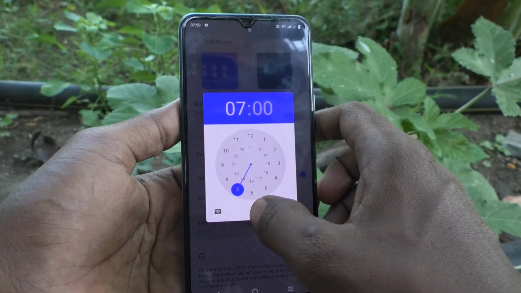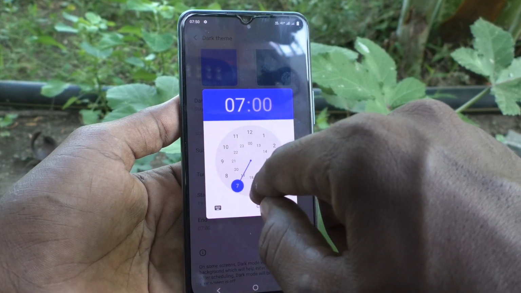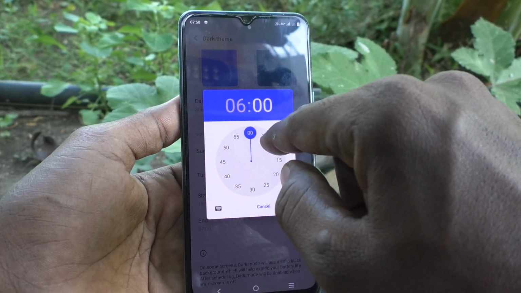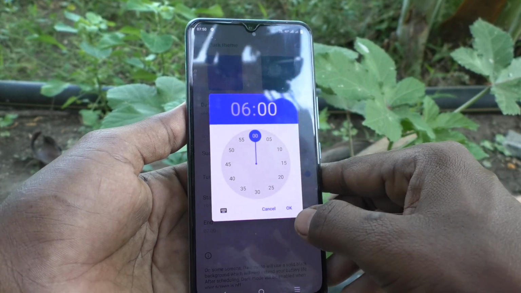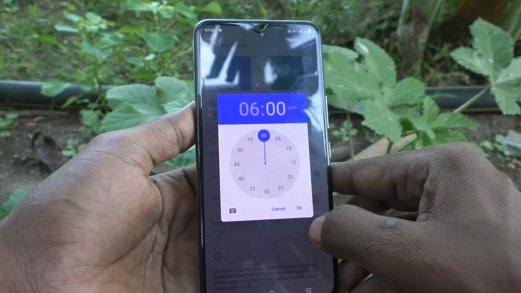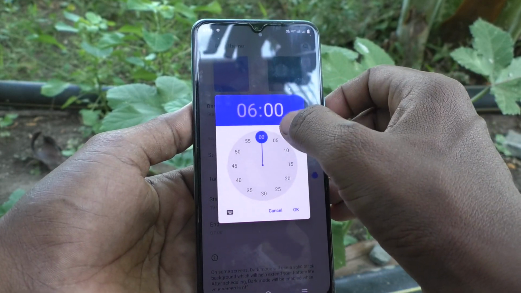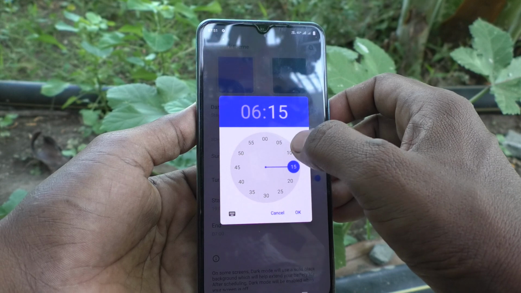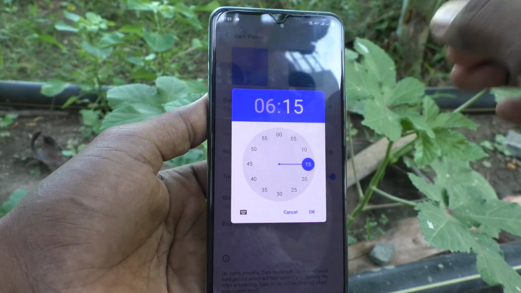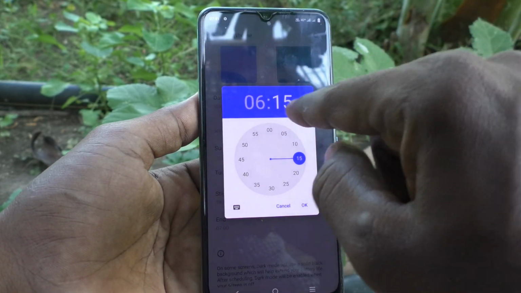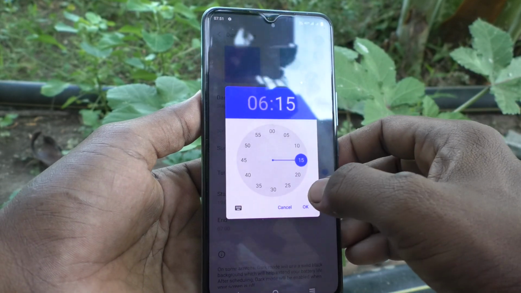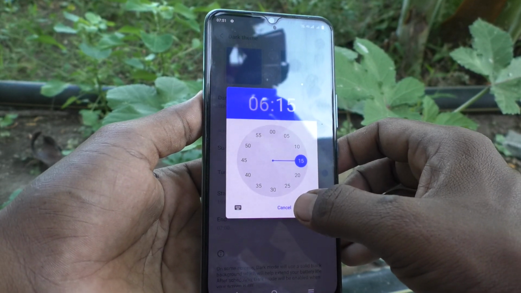And click on end time. I would like to end at 6 o'clock, 6 a.m., so I select 6 here. You can also select minutes here. If you would like to end on 6:15 a.m., just choose 15 here and yes, it is selected and click